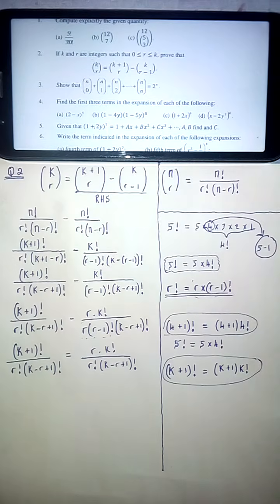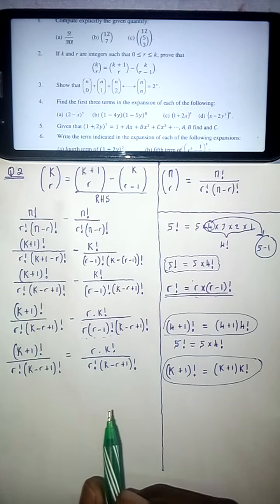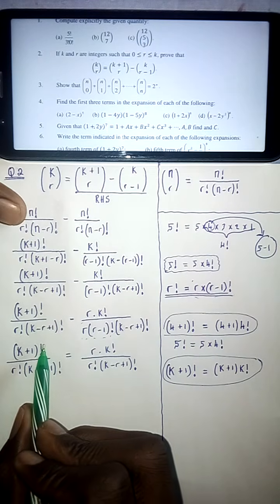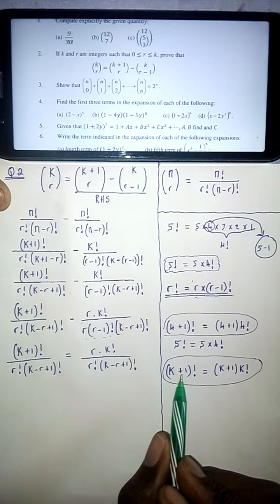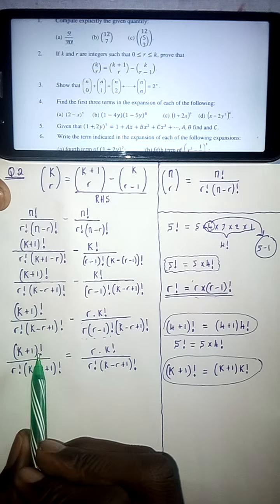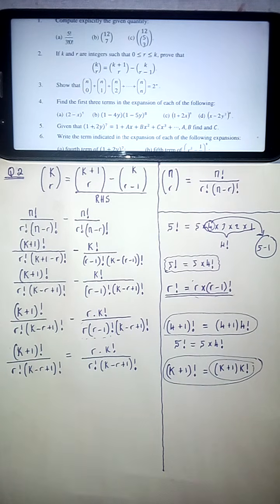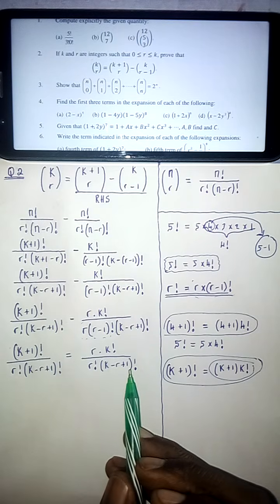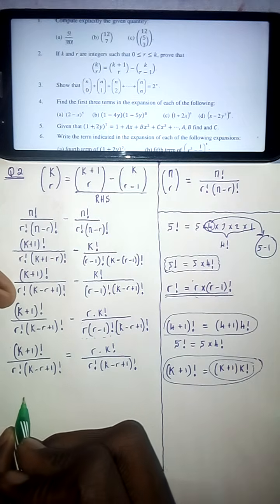Well, if you do, then let's proceed. So we are saying that, have you seen this part? This part is the same as this one. So we are going to replace this part with this one so that we can actually factorize the k. Okay, we are going to do that, right? Yes, but before we do that,